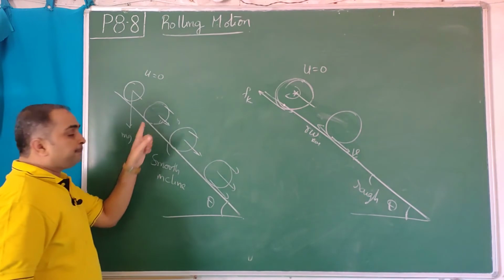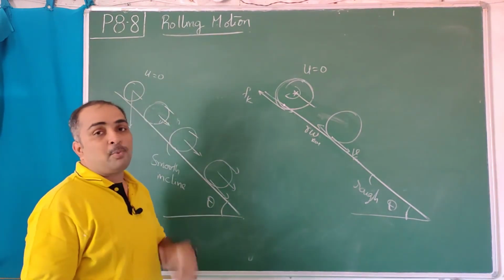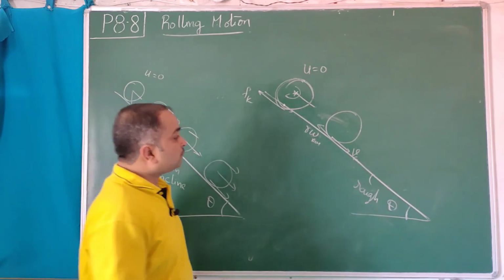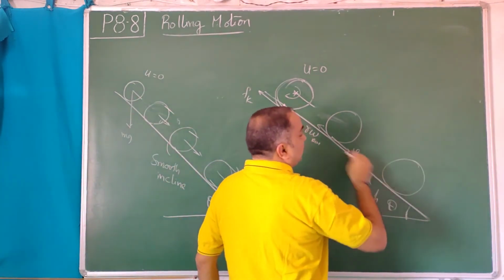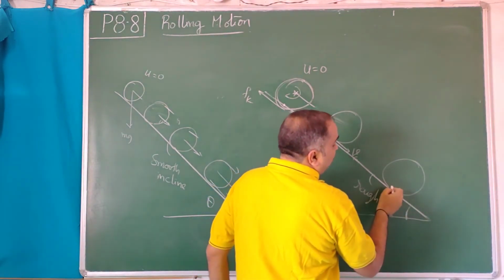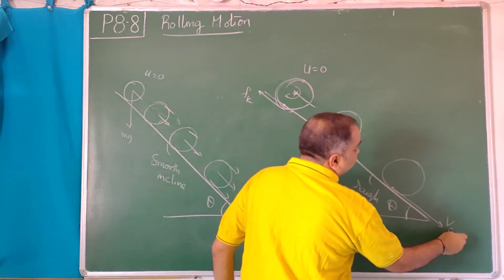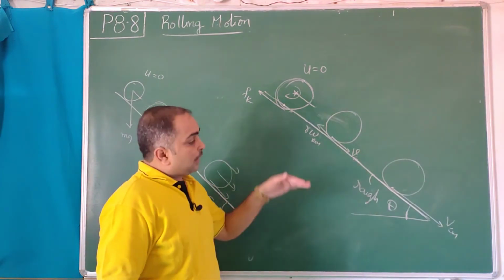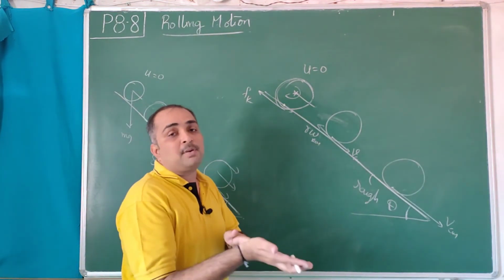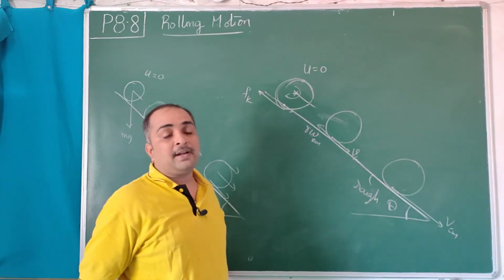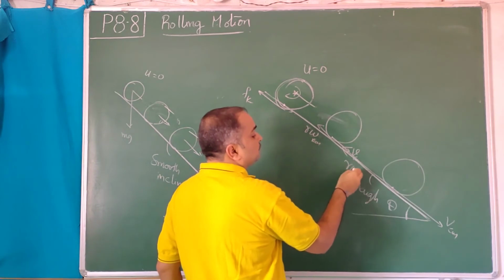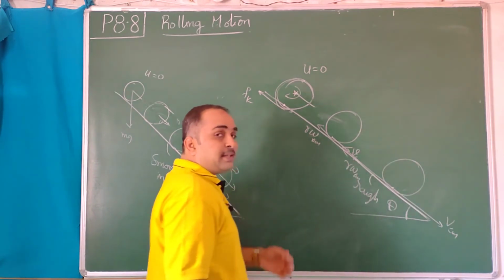That was not there here. Therefore, it gains only Vcm. There is no possibility of gaining spin or rotation. After a little more time, because the downward slope is there and mg sin theta continues to act, every point gains a lot of VCM. And whenever it gains VCM, it is rupturing the bottommost point. Whenever it ruptures the bottommost point, the kinetic friction comes into play and increases R omega Cm, like this. It increases omega Cm, R omega Cm.